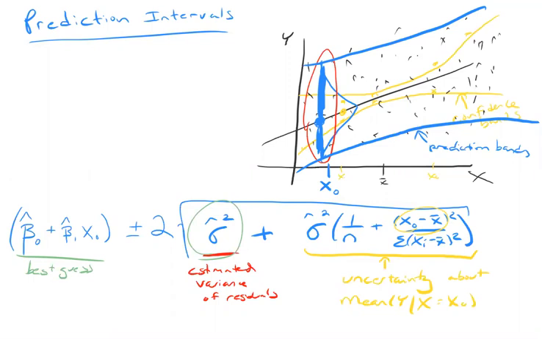In general, this quantity I've circled in green, the sigma hat squared, is going to be bigger than the sigma hat squared times this tiny fraction. My uncertainty about how far the point is above or below the line is usually greater than my uncertainty about exactly where the line should go. And so for that reason, my prediction bands tend to be much wider than my confidence bands. And in fact, you often can't even tell that the prediction bands are curved because it looks pretty much like it's just the line plus or minus sigma hat, since sigma hat squared overwhelms the other term that ends up in here.